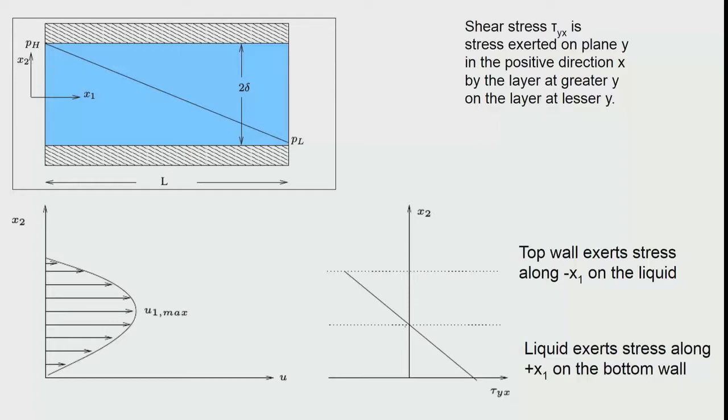The stress profile will cross over, it is 0. Tau is equal to 0 at x2 equal to 0, and you could see that it is at the center plane that the velocity has a maximum. So, here you would have the slope 0. If you were to look at dou u by dou x2 here, it is 0. So, you would then see the stress is equal to 0.